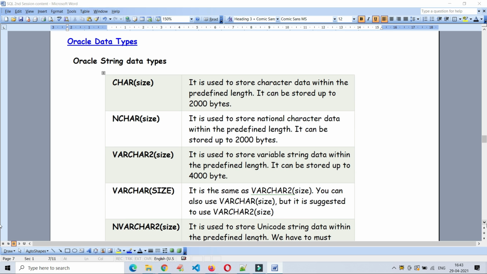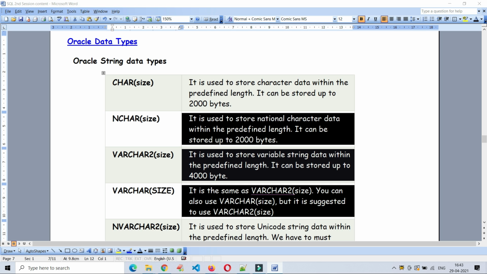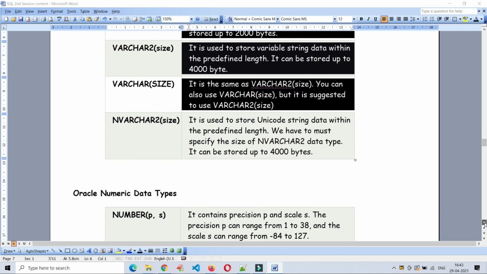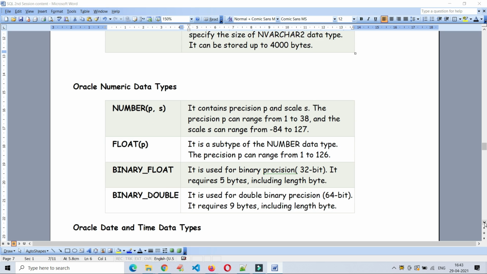Oracle string data types. Here char of size is the same, a fixed length of characters it allows. Nchar, varchar2, varchar are the same as variable length, but they differ in the range they support. And Oracle numerical data types.